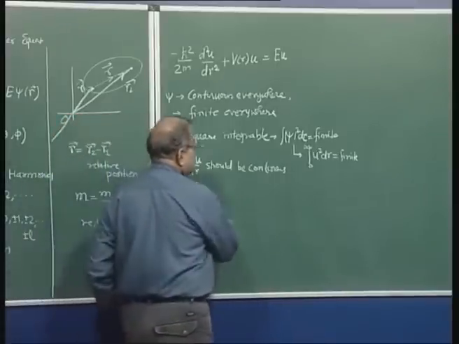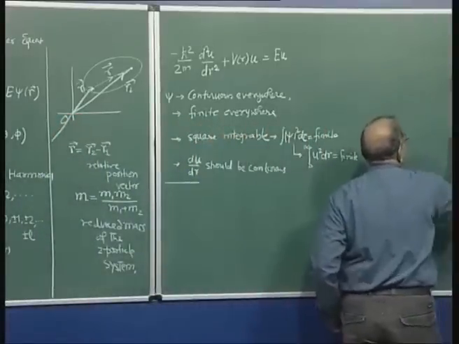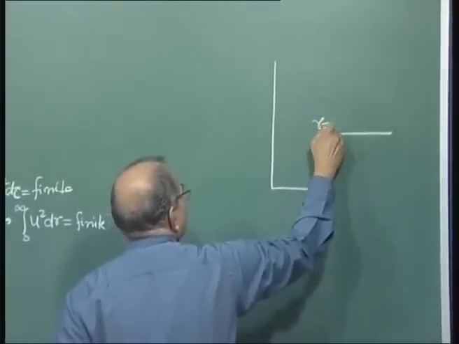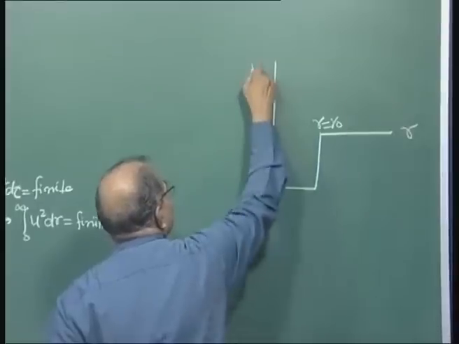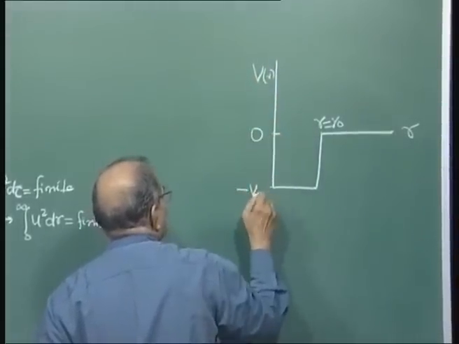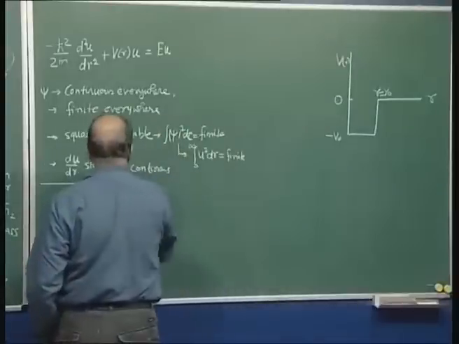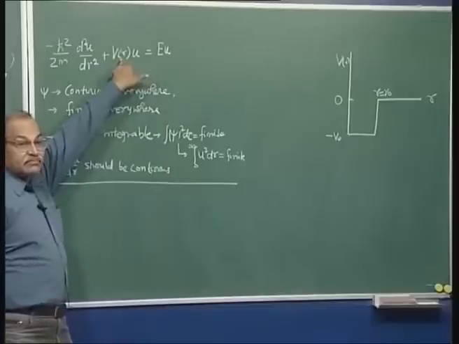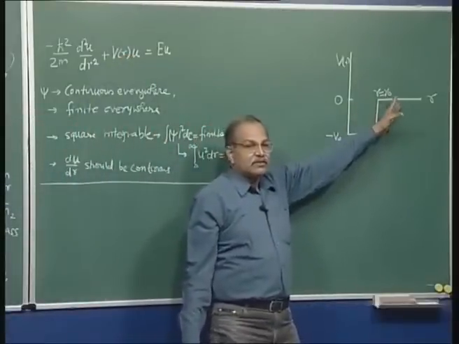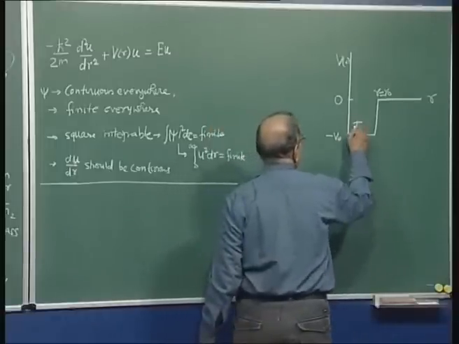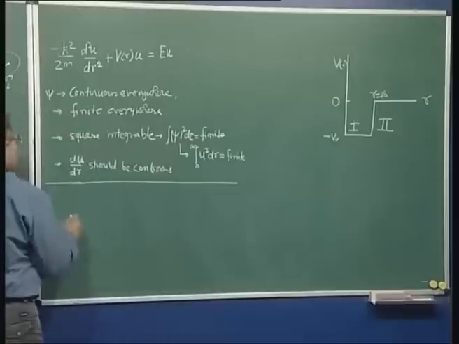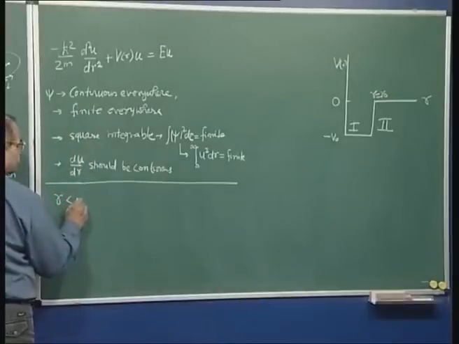So, let us work out. Your potential is of this type, this is r equal to r naught here, this side is r, this side is V, this point is 0 and this point is minus V naught. So, you have two regions, the potential energy term is different if r is less than r naught and different if r is greater than r naught. One region is from 0 to r naught and the second region is r naught to infinity. So, for r less than r naught,